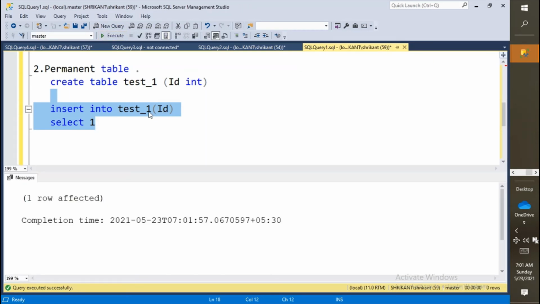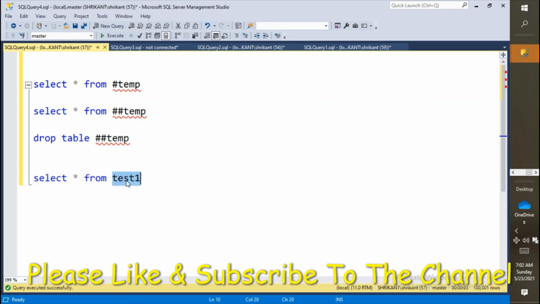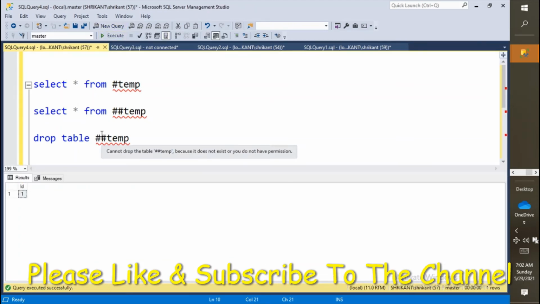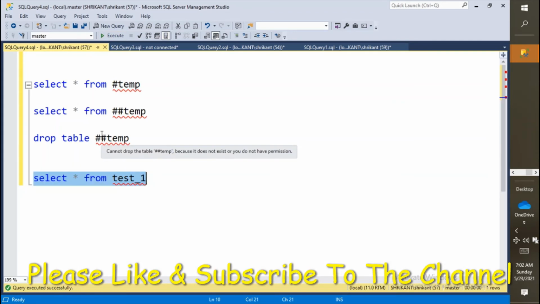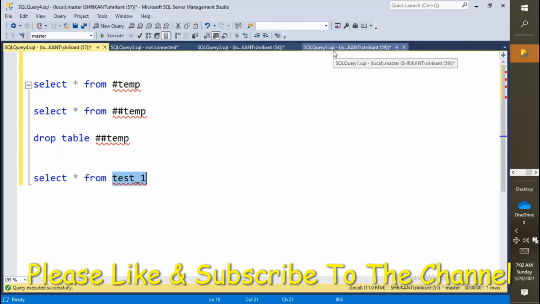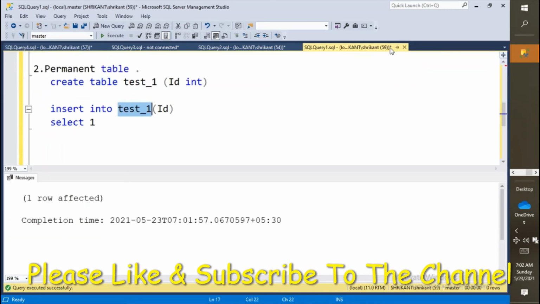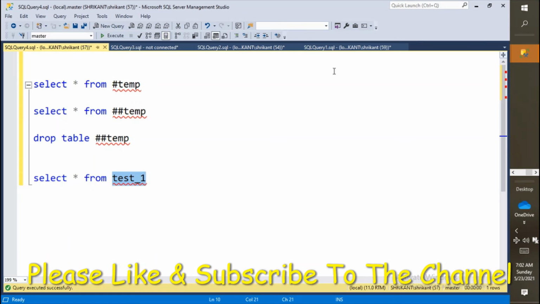I can see here one row is loaded. Again move to the next tab and let's run it. So I'm querying this table, and I'm getting only one record because I just loaded a single record in the table. Great. Now this table is accessible because I created it in session ID 59 and now I'm accessing this table in 57.